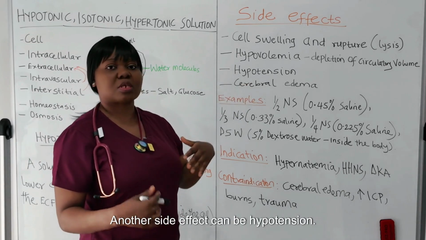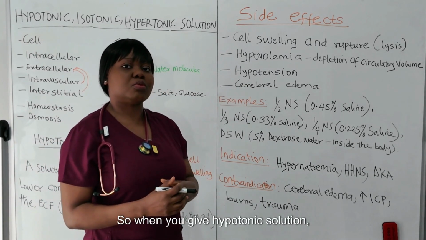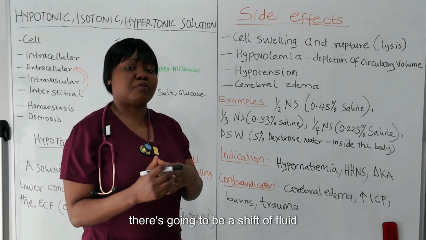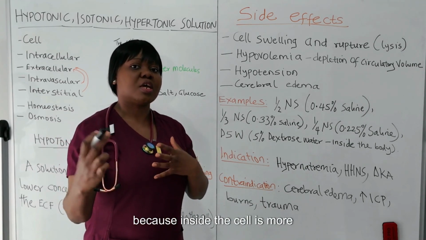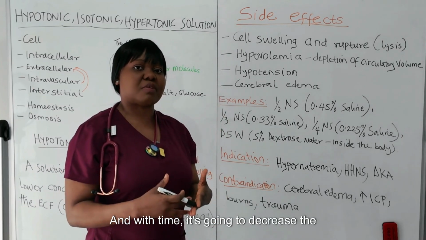Another side effect can be hypotension. Again, look at it this way. When you give hypotonic solution, there's going to be a shift of fluid because inside the cell is more concentrated. Fluid will move out of the intravascular space, and with time it's going to decrease the intravascular volume, which